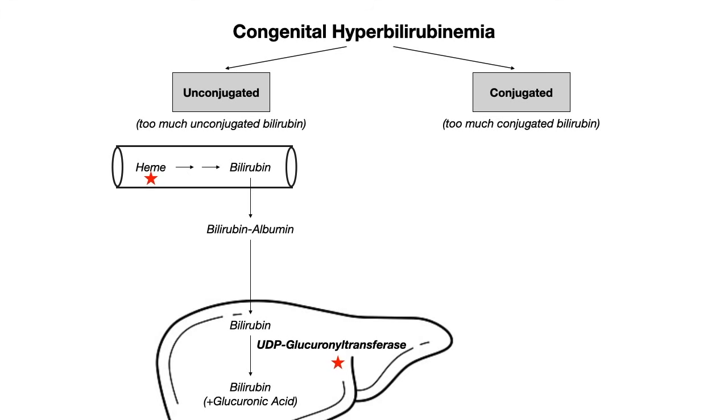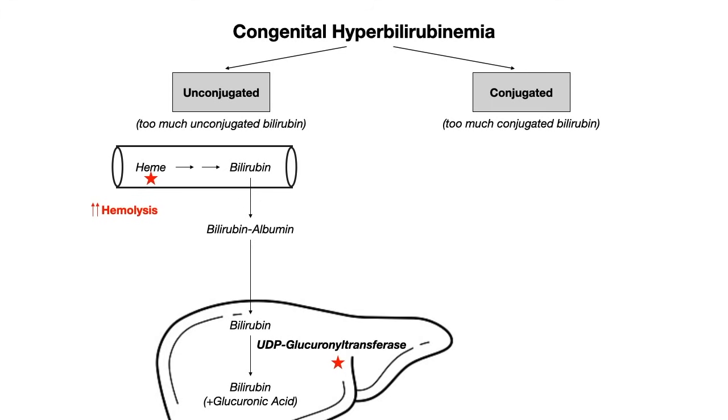Now, let's briefly talk about heme first because this is probably the lowest yield part of today's lecture. If you have a disease where you undergo way too much hemolysis, you're going to have the generation of a lot of heme because that's a breakdown product from the red blood cell. And if there's all this heme coming into the system and all of that heme is going to be converted into bilirubin, well then of course you're going to have too much unconjugated bilirubin because you're converting heme, which is just accumulating in these massive quantities because your red blood cells are being hemolyzed. And then you've got all that unconjugated bilirubin that the body just doesn't know what to do with. So that can cause an elevation in unconjugated